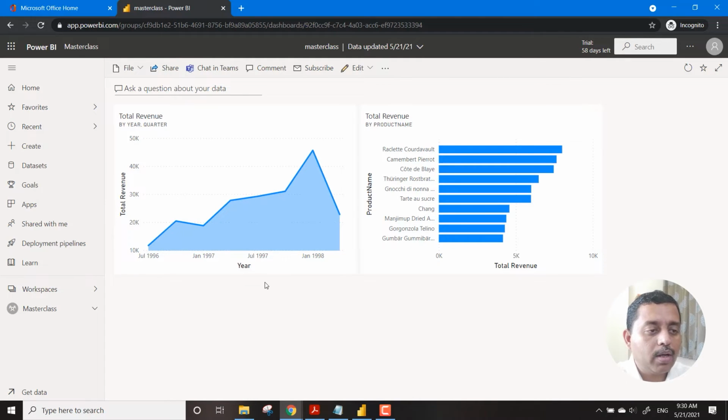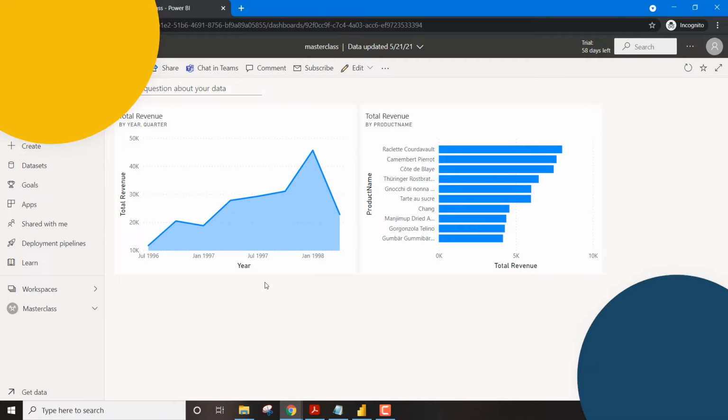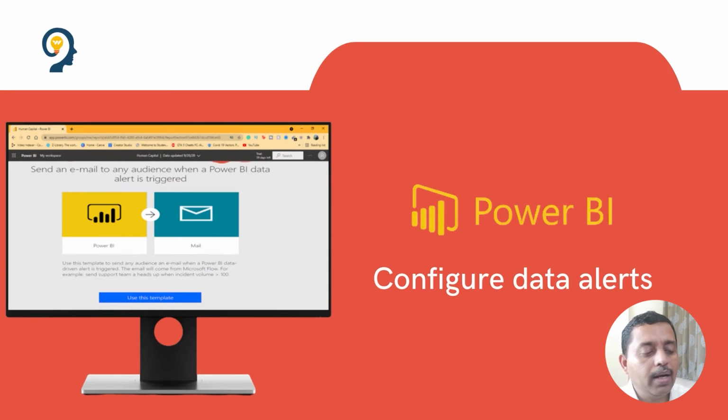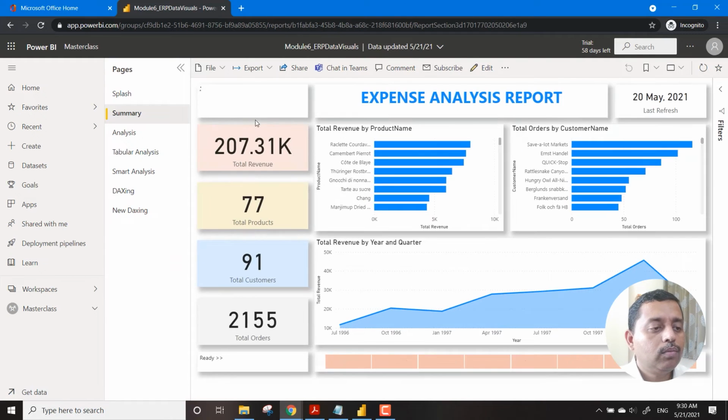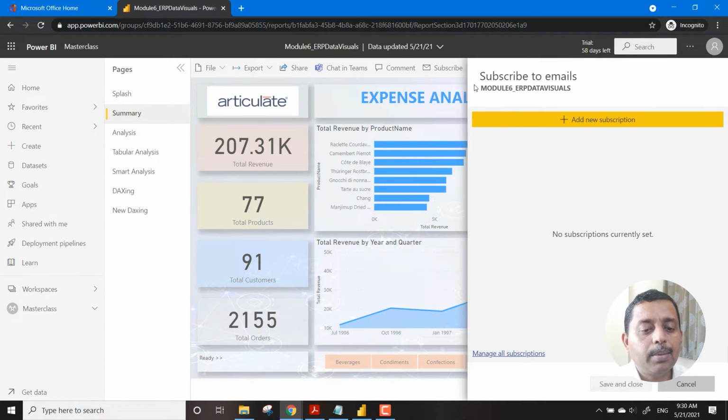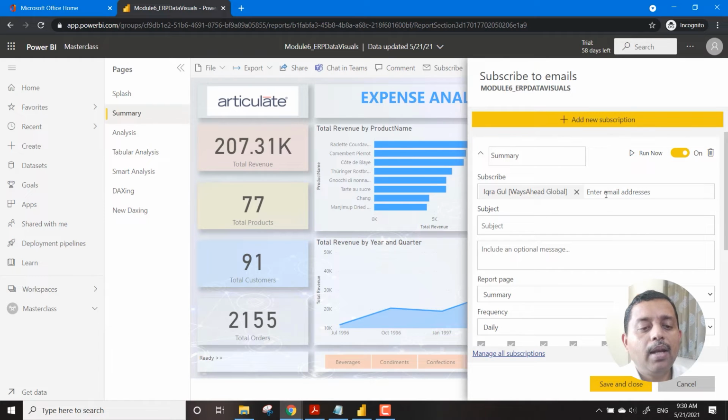So let's work towards the next section. So now we know the journey from the desktop version to the cloud version. We will now have an understanding of, let's say, if you have any kind of data which you are placing over here, you have a feature to get the alerts just by saying subscription. So what you can do is you can just create a subscription, and you can